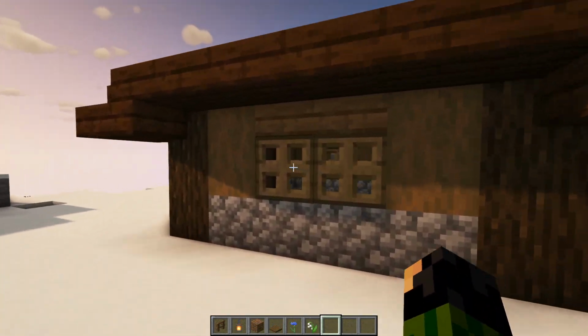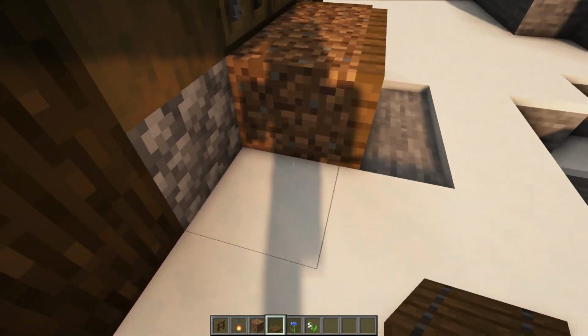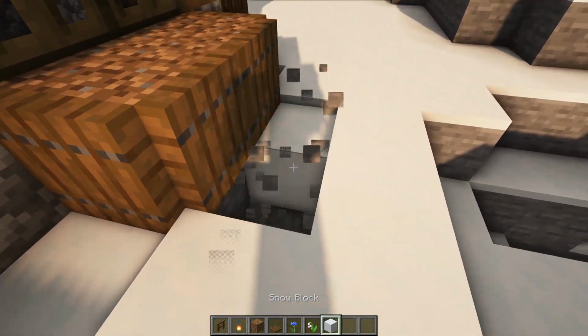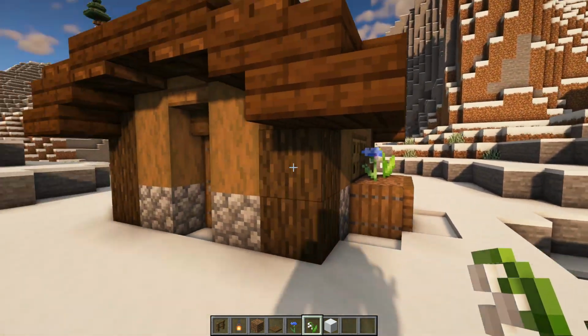So that it looks like this from the outside, where underneath we can have ourselves 2 dirt blocks and have 4 spruce trapdoors on all of the 4 sides. And if you want to use the same trick with the full snow blocks to make this look a little bit neater, feel free to do so. But of course, place some flowers on your flower bed that we've just created here,